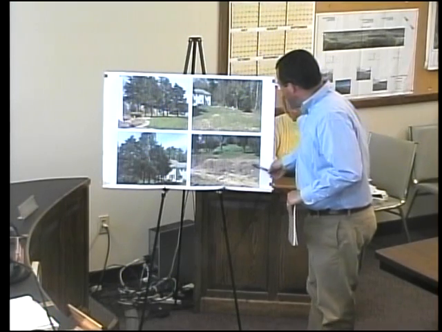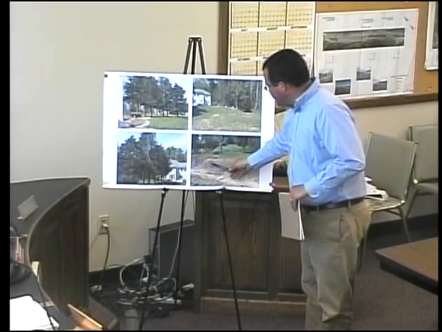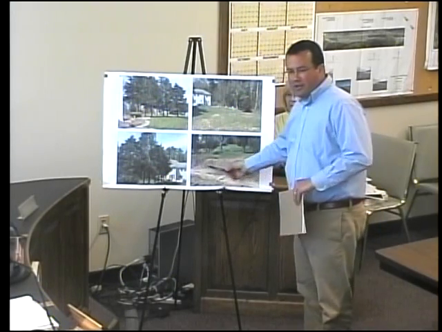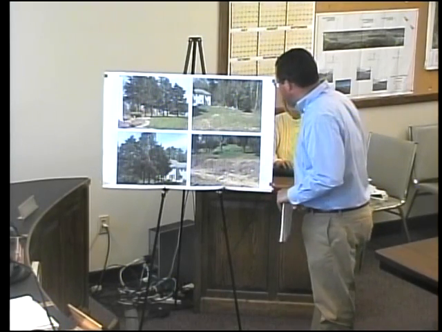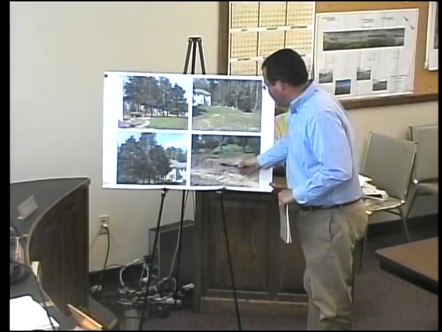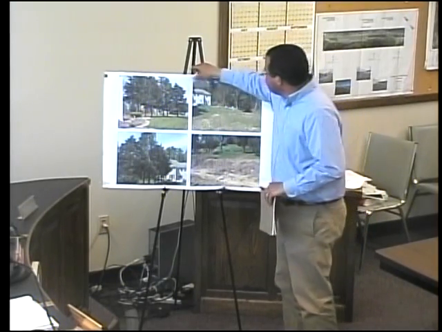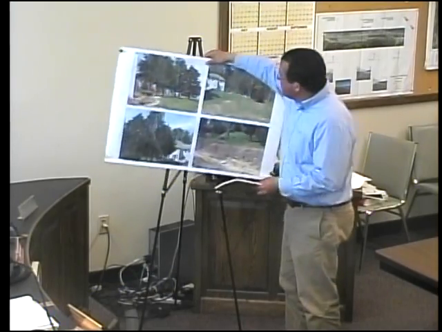And then this picture here, this is the picture of the top of bank. You'll see along the top of bank, it's been kind of grown in with all sorts of vines and weeds. There's a stone wall underneath this vegetation and bramble here. So flipping back to the plan,